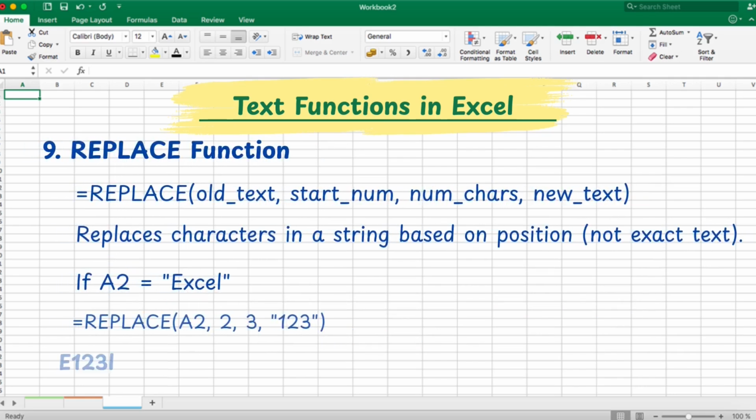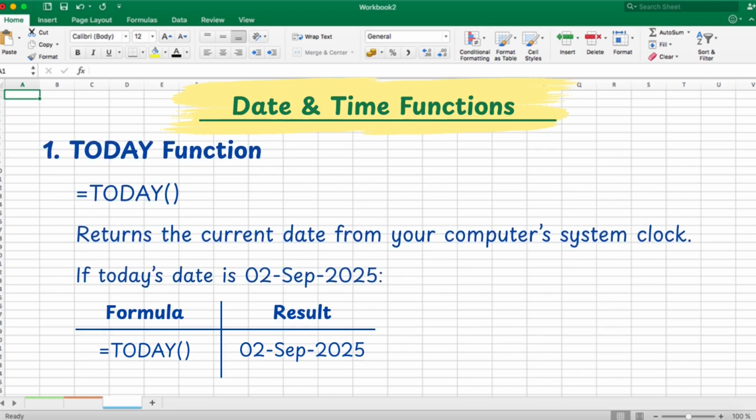Then the REPLACE function. REPLACE replaces characters in a string based on the position, not the exact text. The formula for this is REPLACE(old_text, start_num, num_chars, new_text). If A2 is "Excel", then REPLACE(A2, 2, 3, "123"). So we get the result "E123l". Okay. Starting from character 2, it replaces 3 characters, XCE, with 123. You got this? Let's now dive into date and time functions in